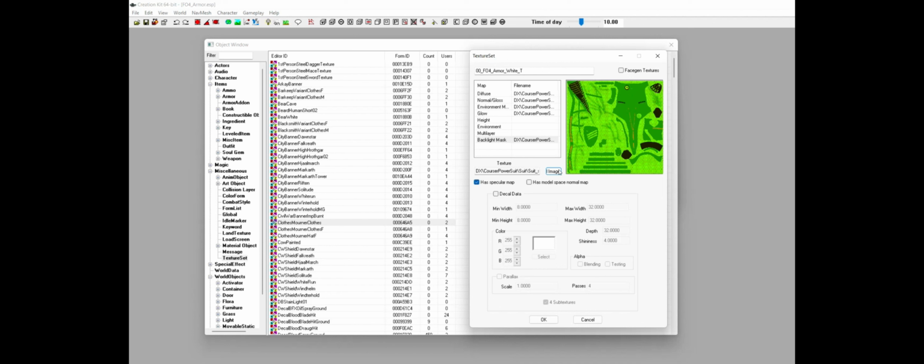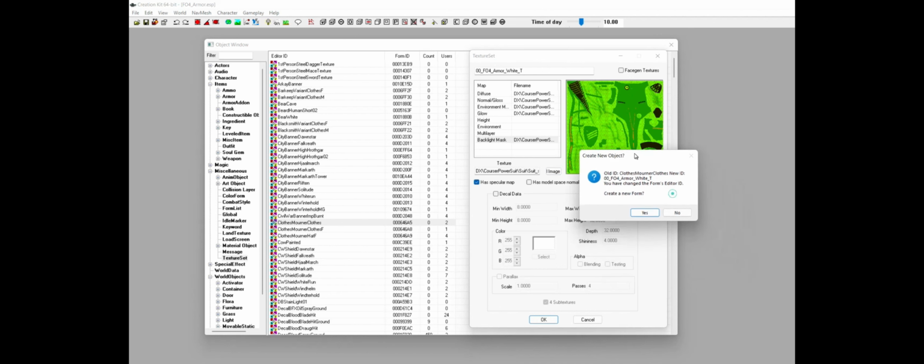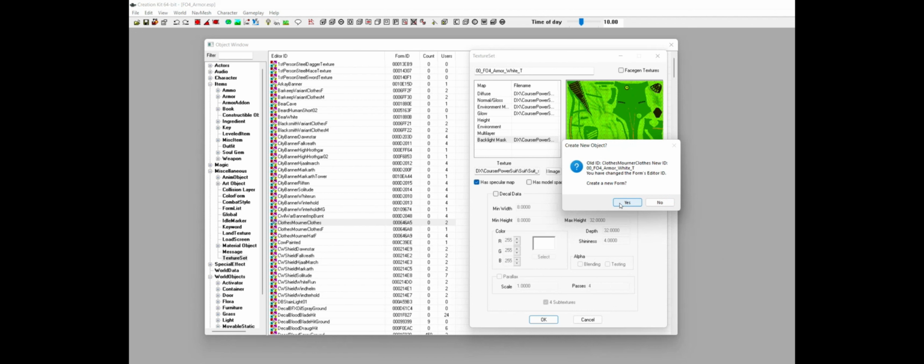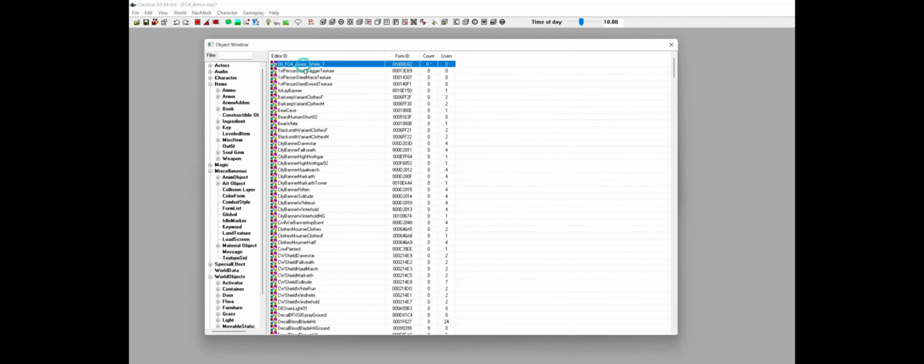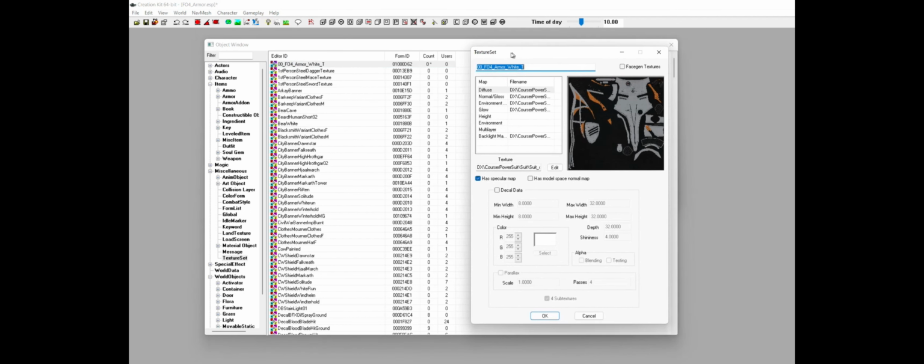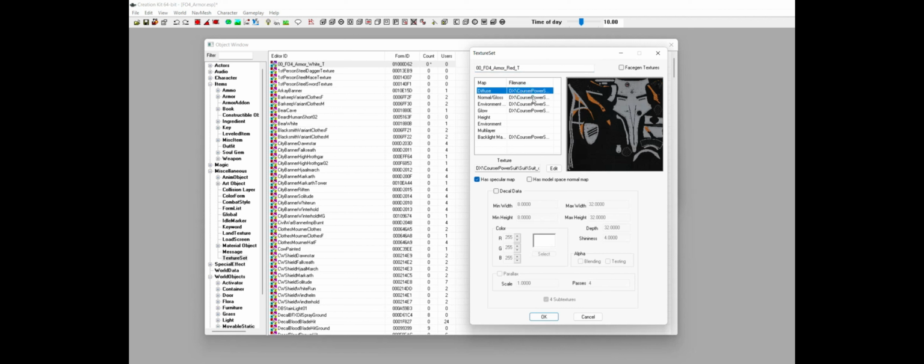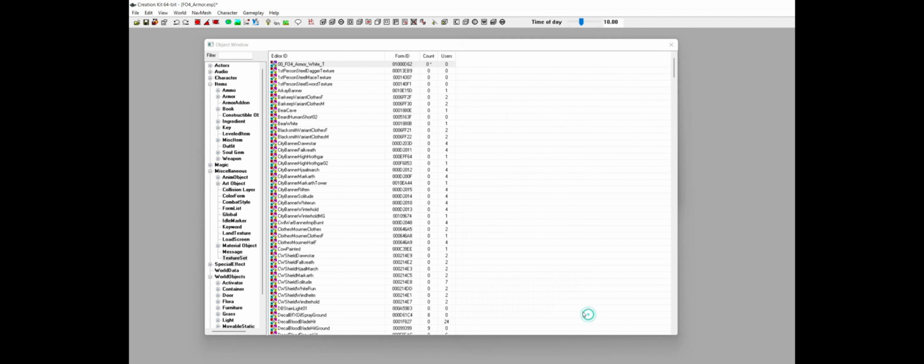Once you click OK, make sure to accept it as a new entry and do not overwrite the previous item. Now, our armor only came with one color, but you could have more colors. Then double click like this and change the name and put any variation you have. Could be, for example, let's say a red armor, and then you will call it red, change the texture with the red texture. Save as a new entry. It could be also blue or whatever color. For every different color you have related to the same NIF file, make as many textures as you have colors.